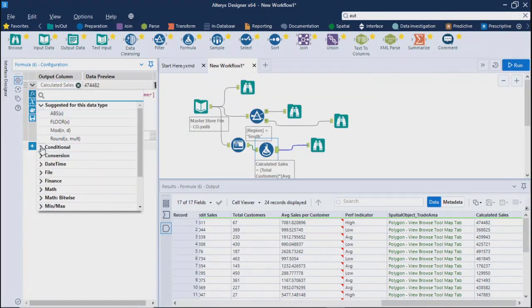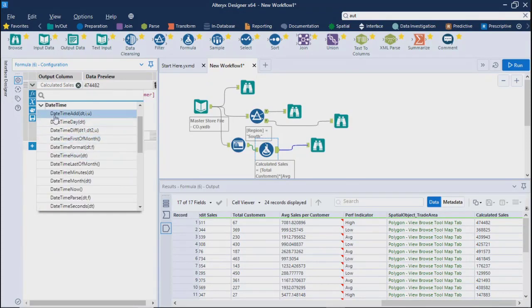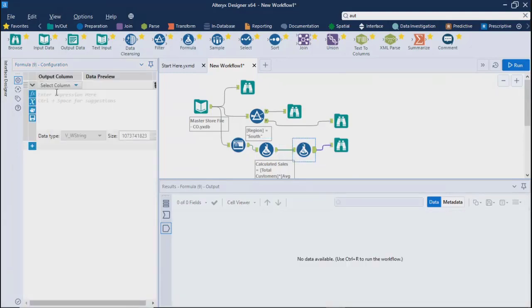Then you have date time related formulas. So date time add, date time now. Remember I wanted one column which can give us the current date time. So what you need to do is simply add one more formula over here, and we'll say add column, and we'll say time.